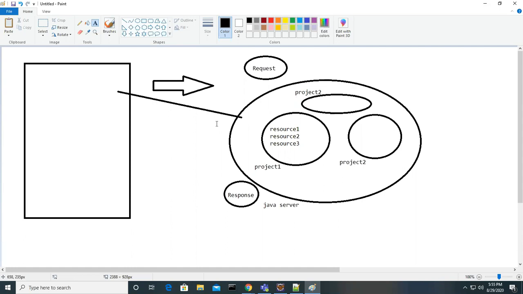This is done for every request. If you send one request, the server immediately creates the request and response objects. Once created, all the input details and client details you sent will be stored in the request object. From this request object, we can take out all the input details.